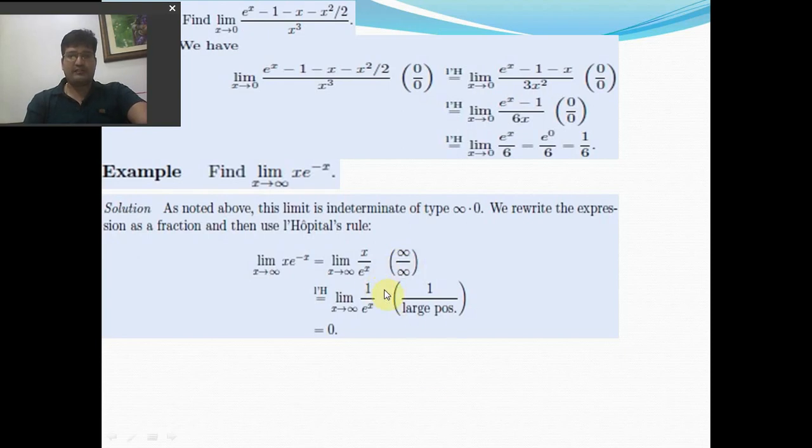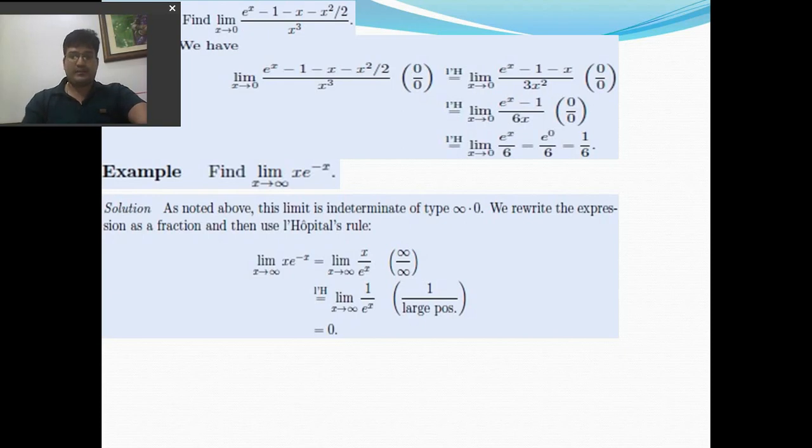In numerator, we differentiate with respect to x, that is 1, and in denominator, separately with respect to x, we differentiate e raised to the power x. Now put the value of the limit: 1 upon e raised to the power infinity, that is 1 upon infinity, that is 0. We obtain the finite value 0. This is our answer. So students, we can see here initially the indeterminate form was of the type infinity into 0, but we converted this form into the other form infinity by infinity, so we can apply the L'Hopital rule.